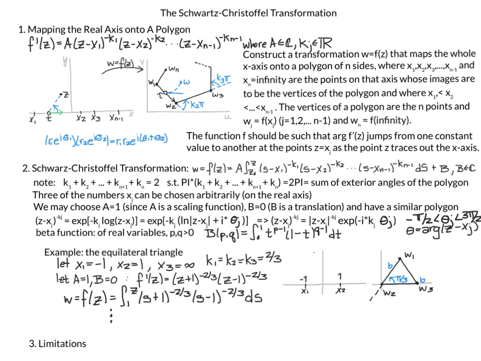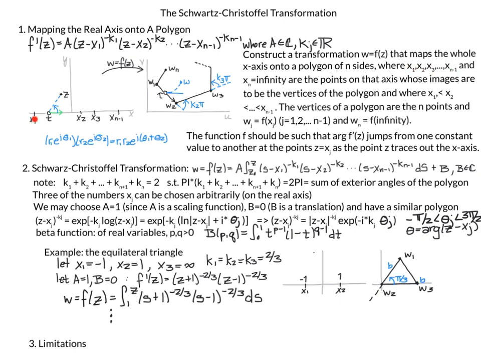The first thing to talk about is: what is the Schwarz Christoffel transformation? Well, it's a transformation f of z that goes from the z-plane to the w-plane. So it's a transformation w equals f of z that maps the whole x-axis, that's the x-axis here in the z-plane, so it's the real axis of the complex plane, onto a polygon of n sides, where x1, x2, x3 up